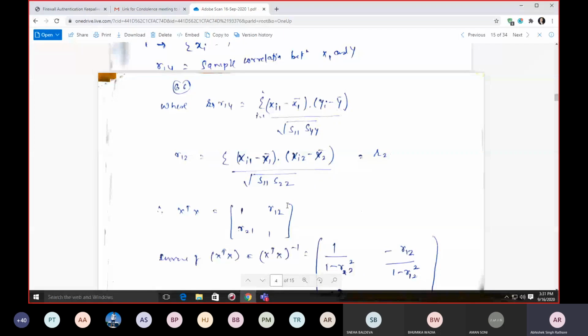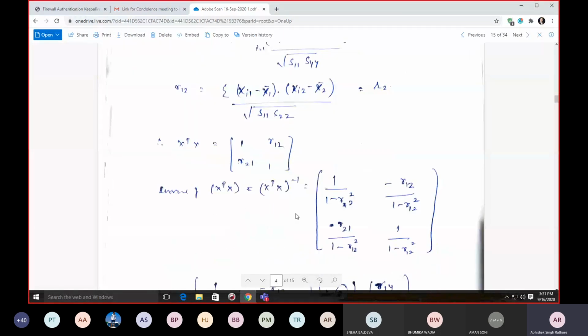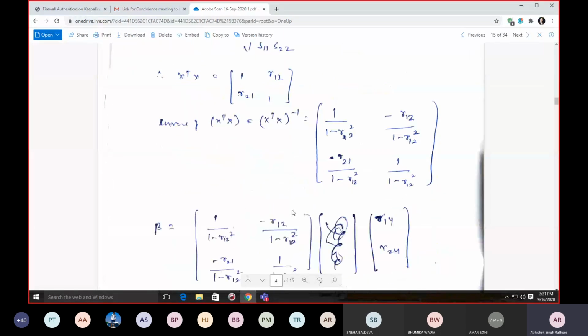I am just explaining why we are getting this larger variance over here. So I am just showing why we are getting these larger r1 values over here. So this is how we can say that our x transpose x is just equal to this. So this is my x transpose x.